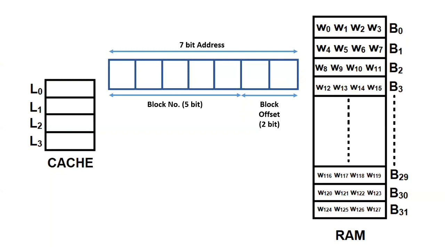Actually, cache mapping is a very important topic in GATE exams. So this type of numerical will come. The type of cache, the number of lines present in the cache, and the blocks and words are given, and you have to find the length of the address and what the different parts of it are. So this is all about the length of the address and the different parts of the address if we want to find the word inside RAM. So that is one thing.